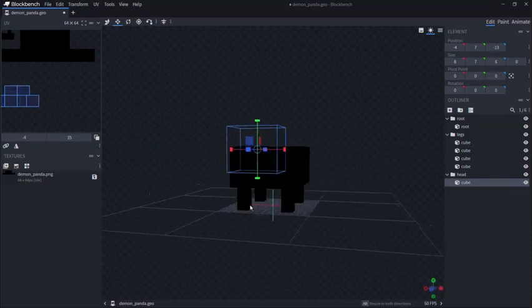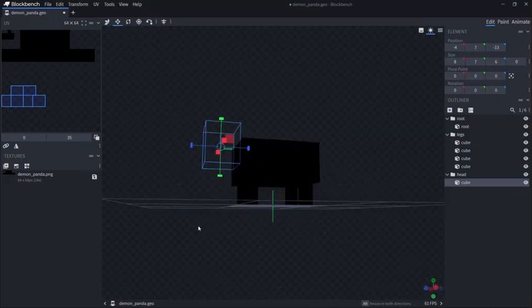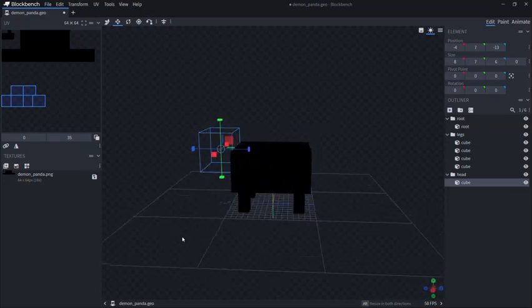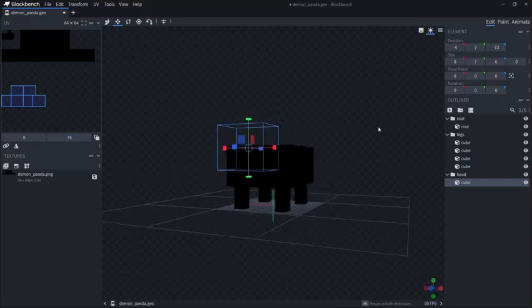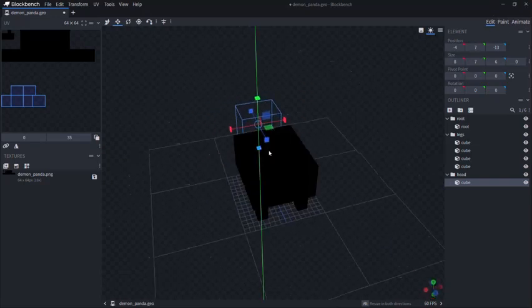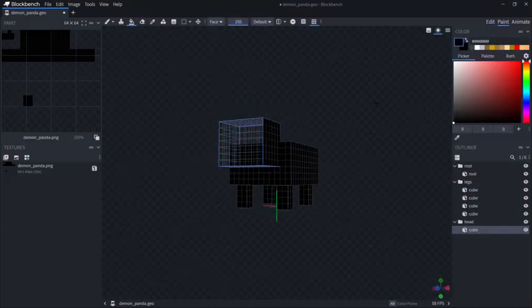Like that. Yeah, I could do that. Yeah. And if you want to add a little bit more depth into it, first let me go ahead and paint this all black real quick,